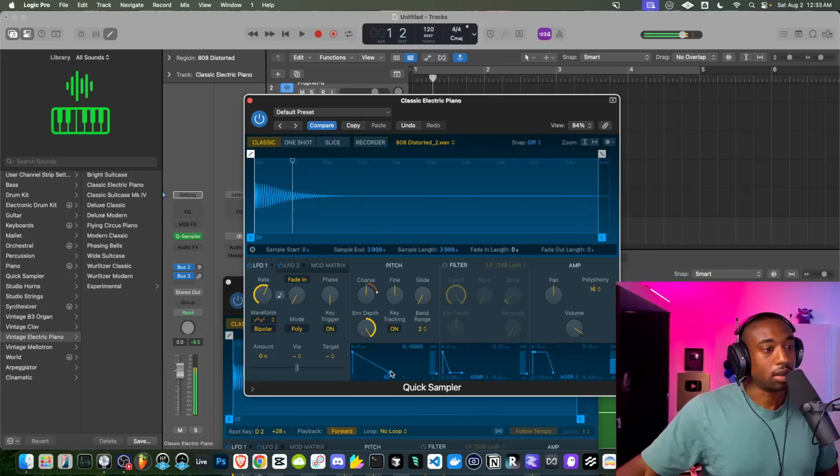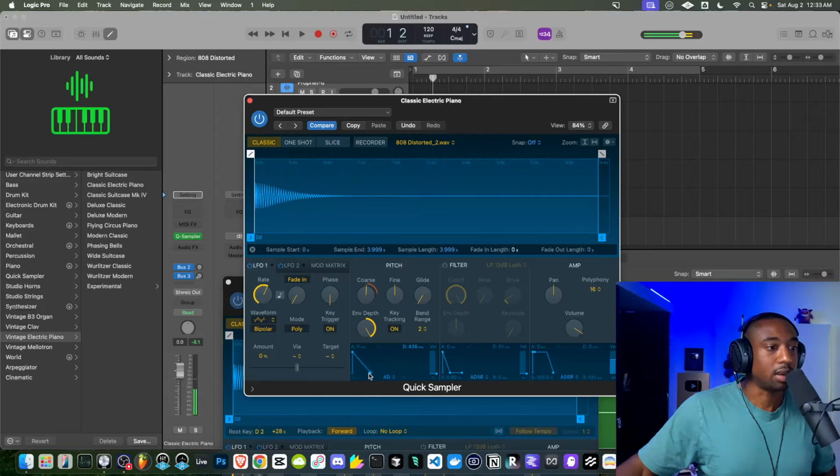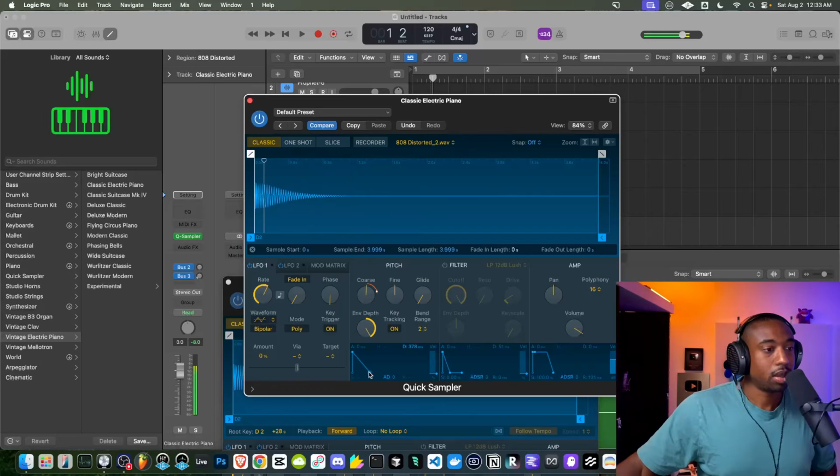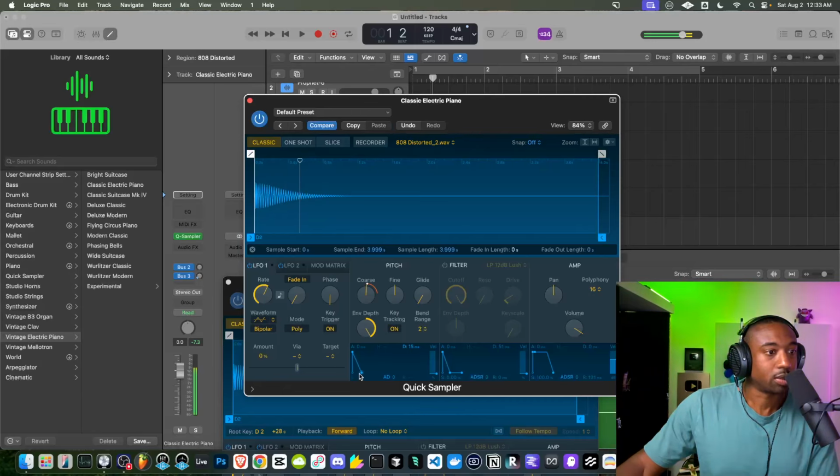I'm going to exaggerate with this. So it goes like that. But you can only hear it for the sample length. So it goes like that. So we're doing that, but very fast. Okay, so we're talking milliseconds fast. So this is so fast, your ear probably can't even detect it.